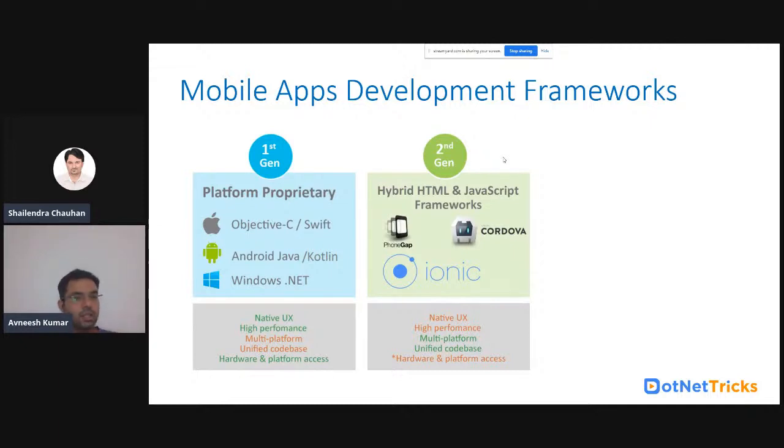But now, as the era is changing, we need everything on our mobile, so developers went in a different direction. They developed web plus mobile both in a single code base.